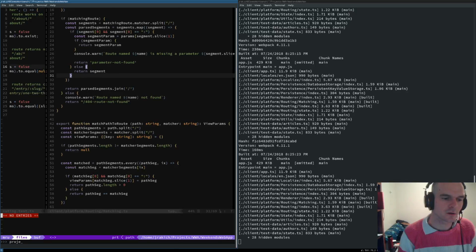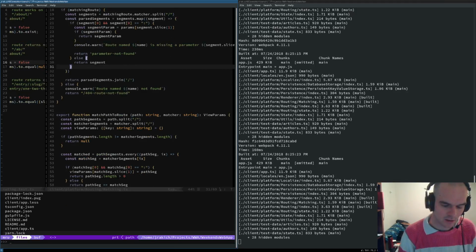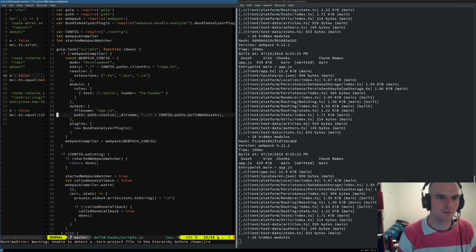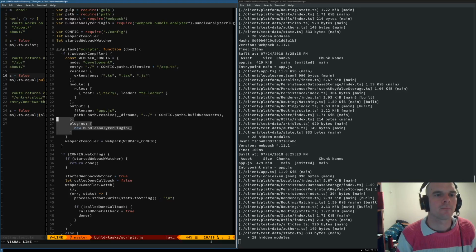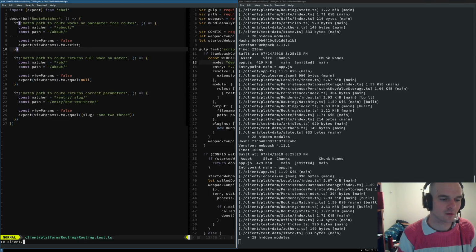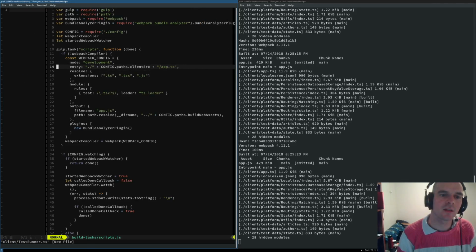So what we'll be looking to do is, I'm a bit scatterbrained at the moment, we're going to jump into scripts. And here, where we've got this Webpack config, we're going to add a second Webpack config, which will allow us to run the tests. So I'm going to make a file called test runner, which is going to be our root. And that's going to be the one that's in charge of essentially collecting all the tests and hopefully running them in a reasonable way. We'll see whether that actually happens, but we'll start with that as a concept.